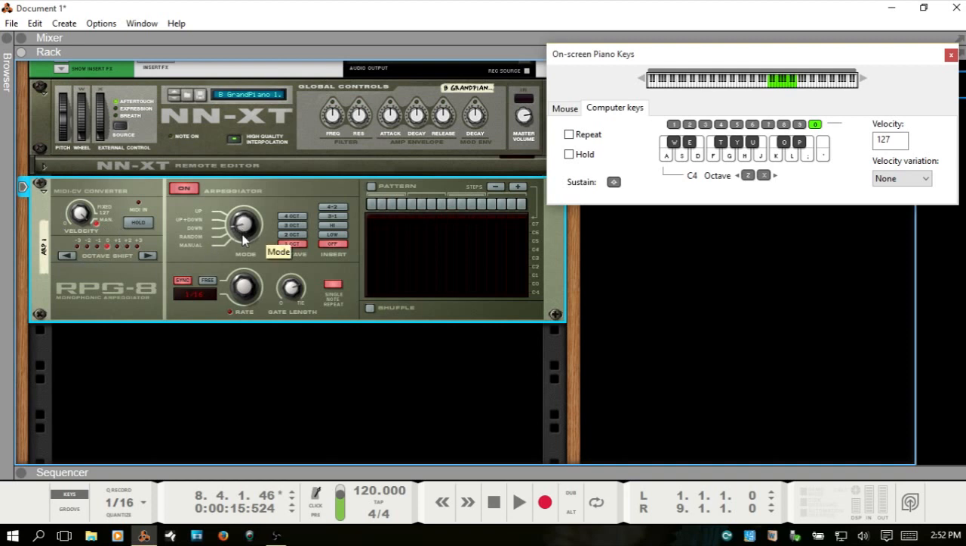And down, the notes are played from the highest note to the lowest note. Random is random. And I'm actually going to drop my on-screen keys a little bit by hitting the Z key here. So that's random. And then manual, the notes are arpeggiated in the same order that they're played when you're pressing